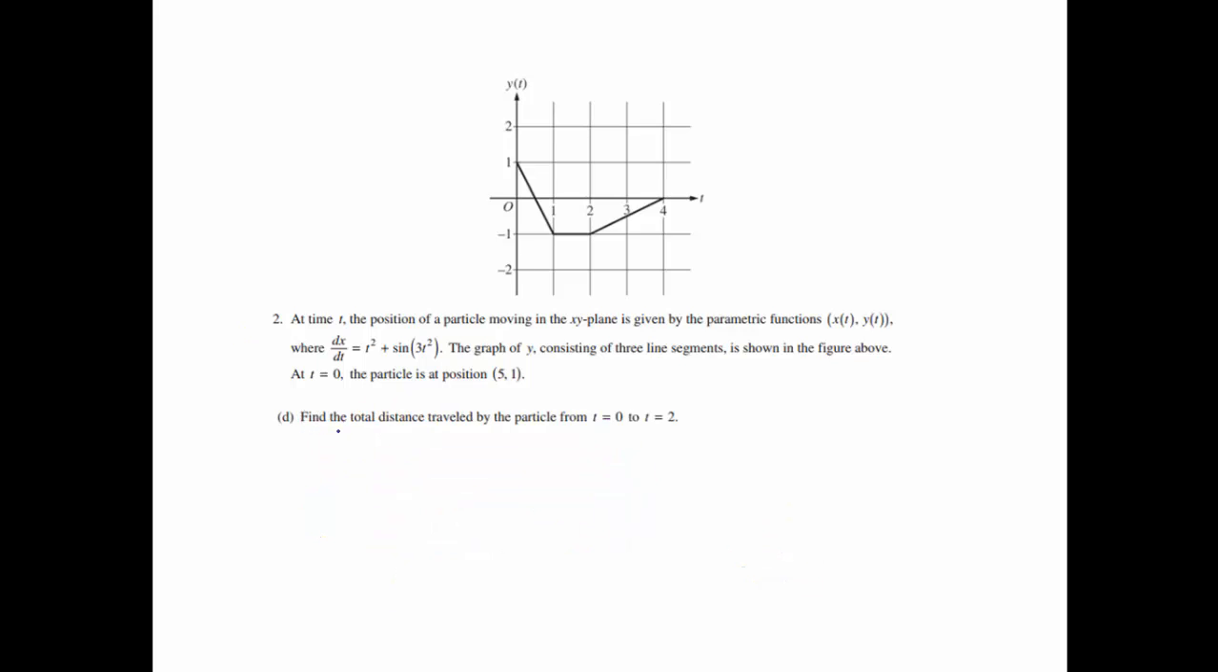Okay, and then part D, find the total distance traveled by the particle from t equals 0 to t equals 2. We're going to use our distance formula. The distance formula is the integral from 0 to 2 of the square root, pretty much, of the speed. So it's going to be x prime of t squared plus y prime of t squared dt. And then when we do this, I should end up getting